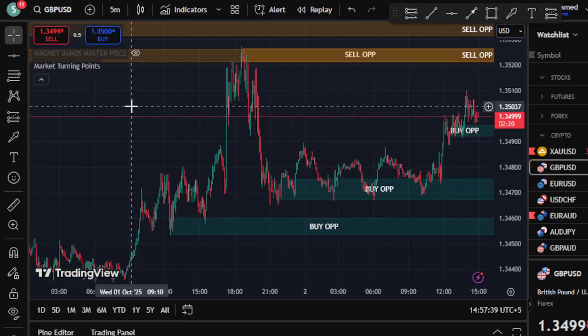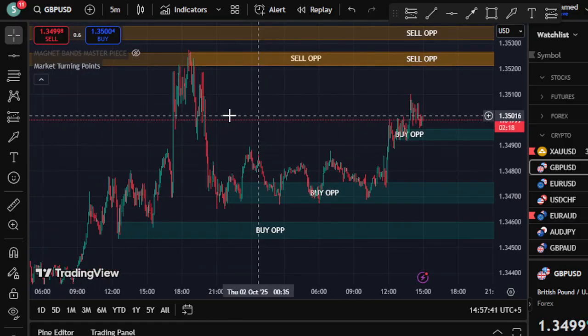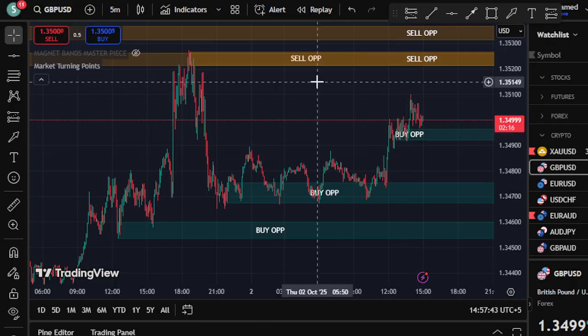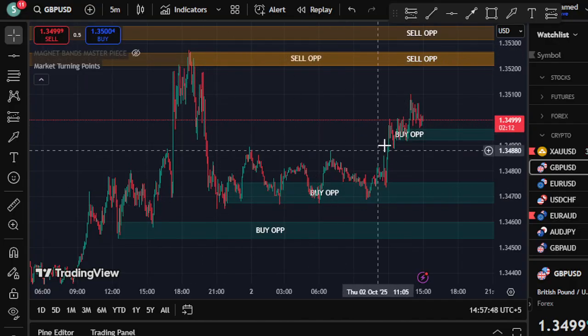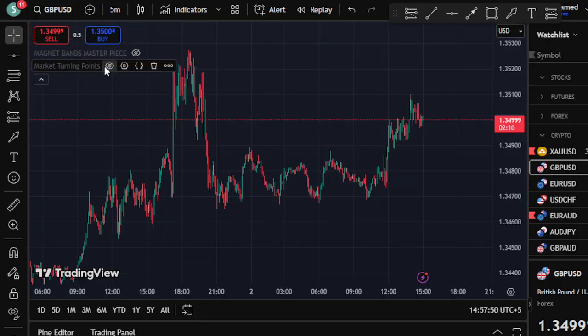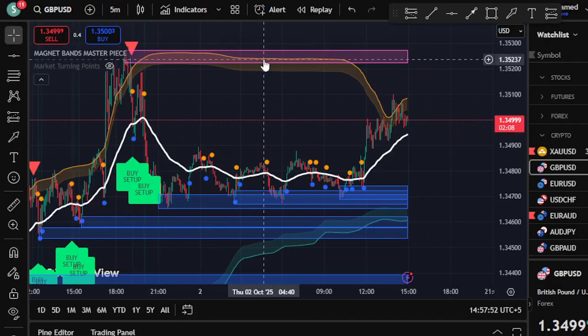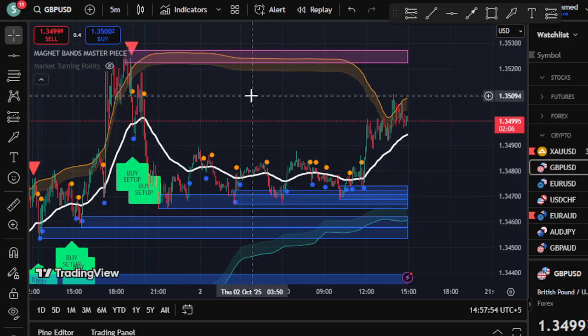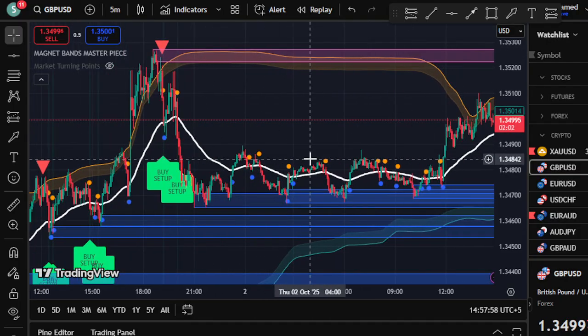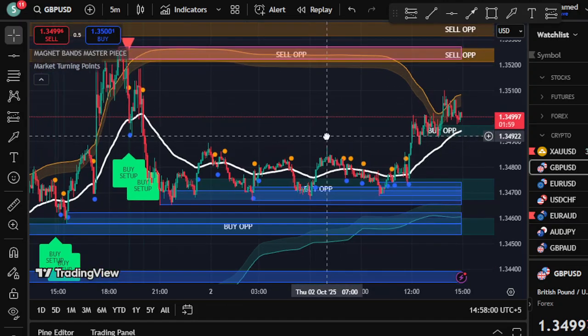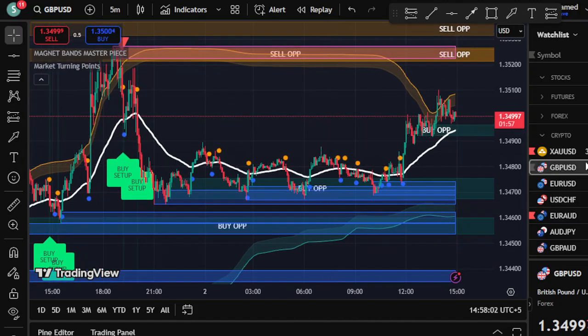You can see there are two different indicators attached on my screen. This is the market turning points, the level-based indicator that provides you with selling and buying opportunities. The other indicator is based on the bands, and it also contains levels inside, and there is a moving average. I will tell you how you can use both indicators as a combo to make massive profits